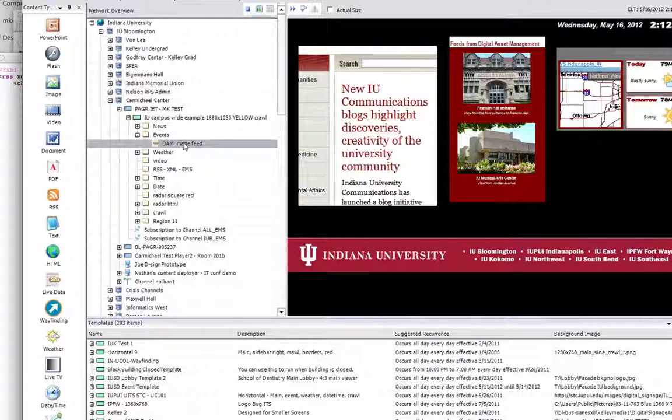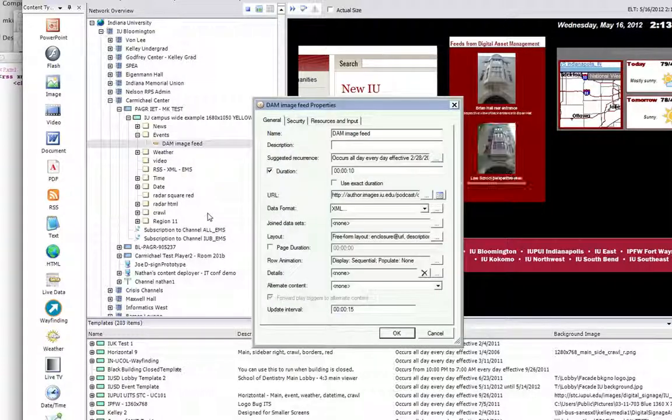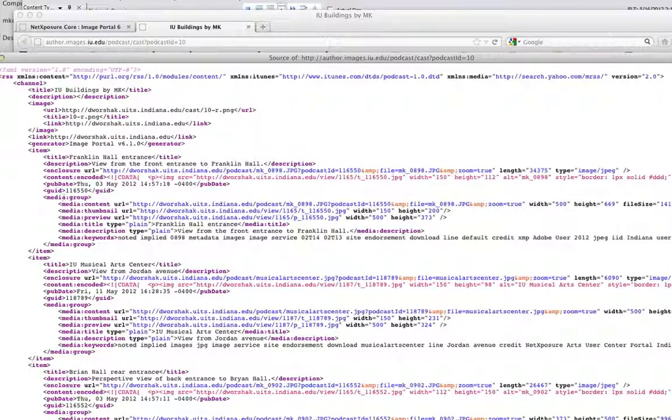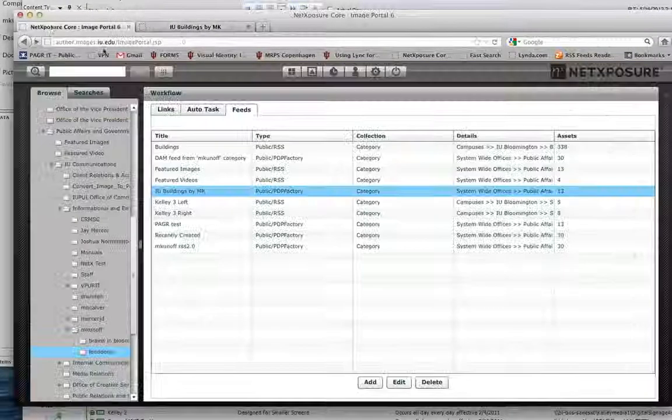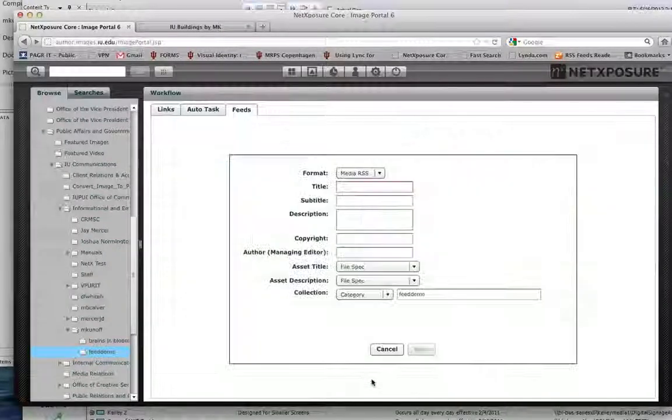Now, theoretically, I could change this to our Brains feed. Let's give that a shot. But we'll need to go out and create that feed first. So let's do that. We'll go back up to Digital Asset Management. And here we are in our feeds. I'm going to add a new one. I'm going to choose Media RSS. The title is going to be Brains